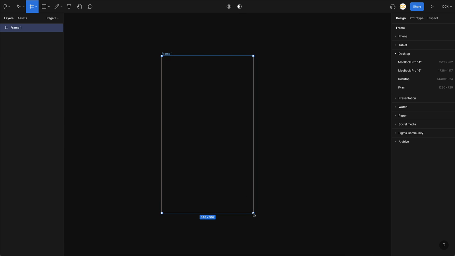So first thing, as I mentioned, you have to use a frame. You can press the button F or the button A. Both work the same, or you can just click here to add a frame. You can click and drag the frame and keep it at a size that you like, or